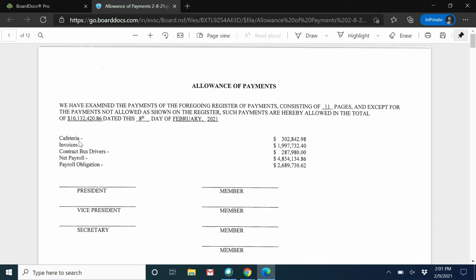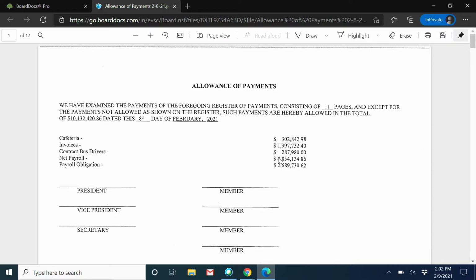So you can see that there are cafeteria payments of slightly more than $302,000, invoices totaling nearly $2 million, a contract bus driver payment. So we have our own bus drivers, and then we also have individuals that contract with us. They own their own bus, and then they contract with us to drive specific routes. And then those, I believe, 59 drivers receive in total a monthly payment equivalent to $287,980. And then the net payroll in the amount of a little bit in excess of $4.8 million, and then